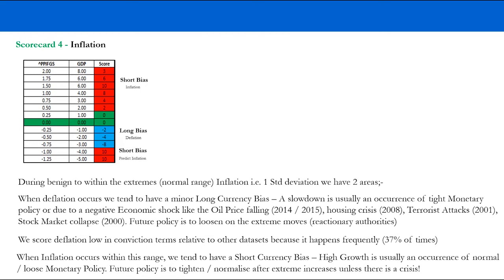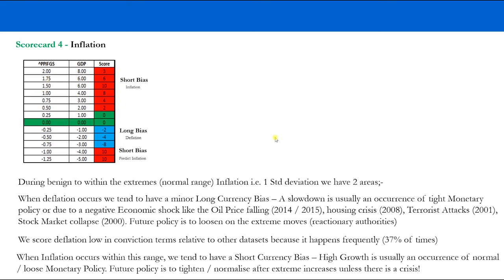Now, when inflation occurs within normal range, we tend to have a short currency bias because high growth is usually an occurrence of normal or loose monetary policy. And future policy is to tighten in the extreme and normalize after or during the extreme increases, unless, of course,